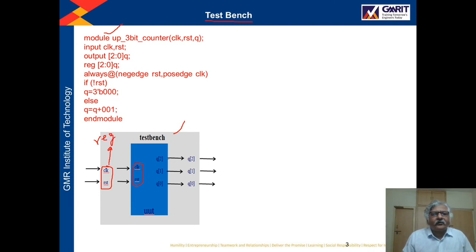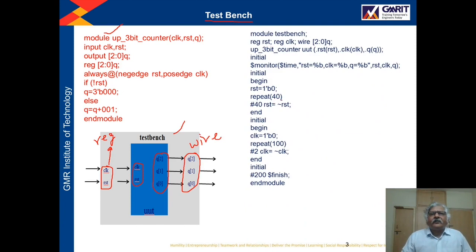The output ports of the unit under test are Q2, Q1, Q0. In the test bench I have declared the same, and these will be declared as wire.